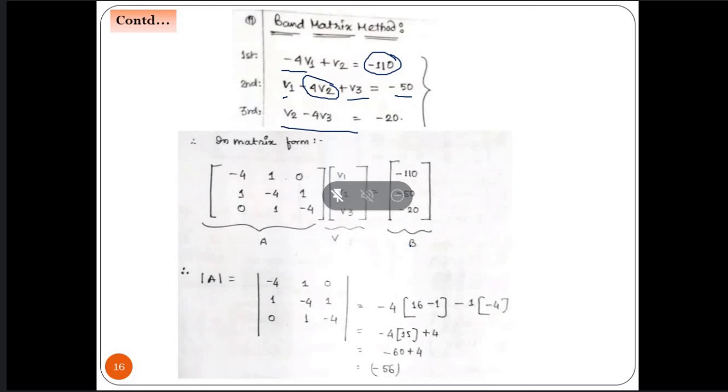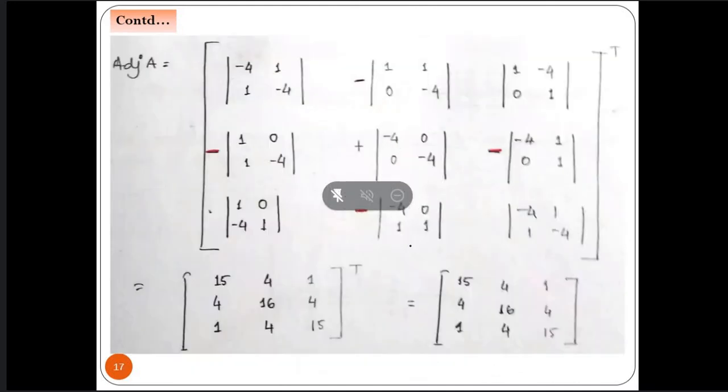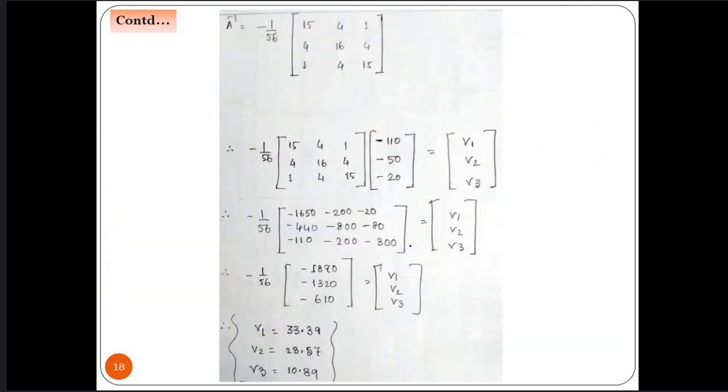And if you solve it, you can solve it manually. So at the end, that will be the value of V1, V2, V3. And you can compare this value with the value that we have obtained from the iteration method. So that's all, because this is the end of the finite difference method.